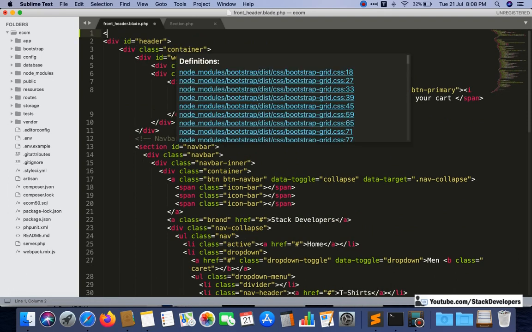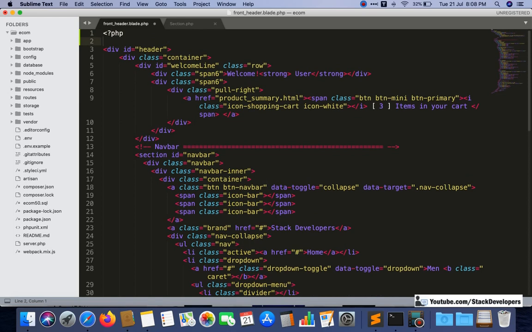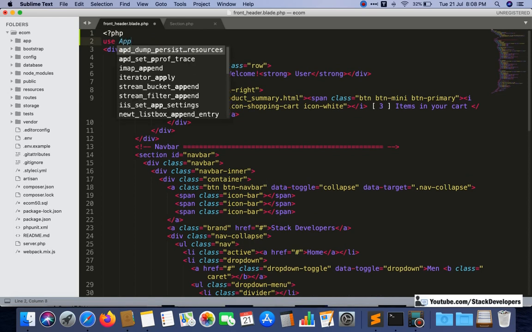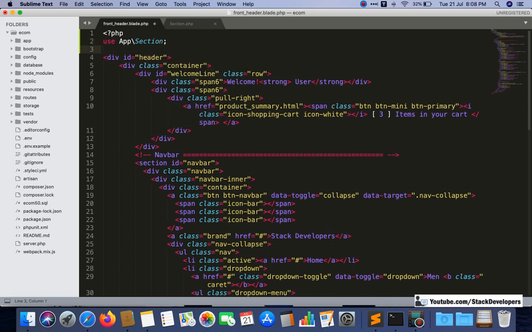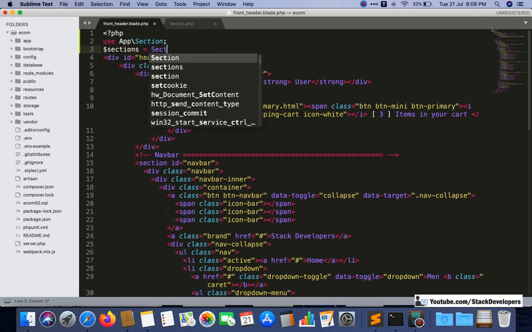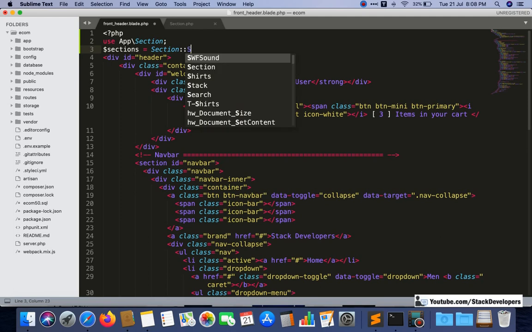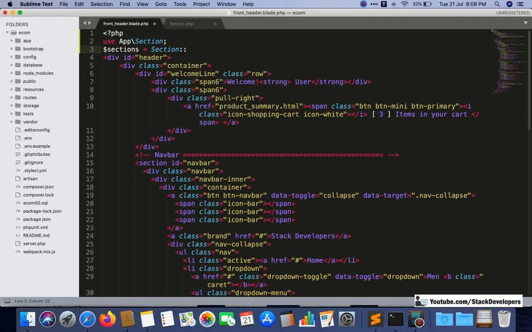So I will do it like this: use App. We need to include this model here, and now we can call this function as well. I will write sections, and inside the section, again the section is there.